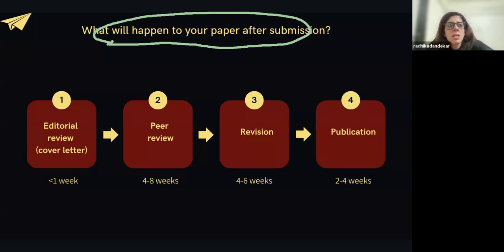So if at the third stage the reviewers feel that your paper needs another revision with so and so changes, then you will be informed, and that is when you have to submit it again. And if your paper is accepted, it will result in a publication. After every stage, if your paper passes, you will get a confirmation that you've passed this particular stage and your paper is going on to the next stage.